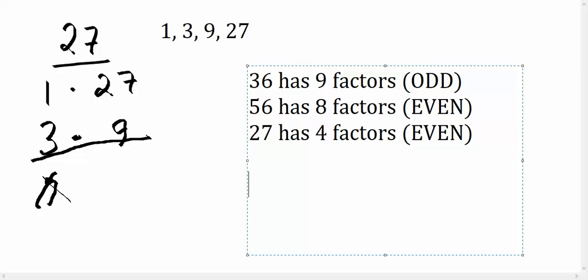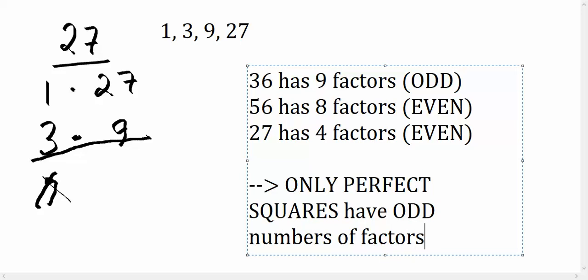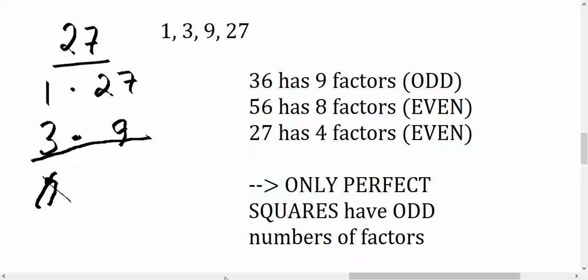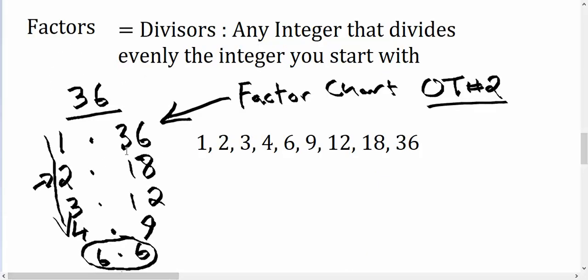And you might guess it, but it's an important rule to know, which is that only perfect squares have odd numbers of factors. So the only way that you can have an odd number of factors is if the number that you started with is a perfect square. That's an important rule to know. And if you think about it, well, why is that? Well, it's because